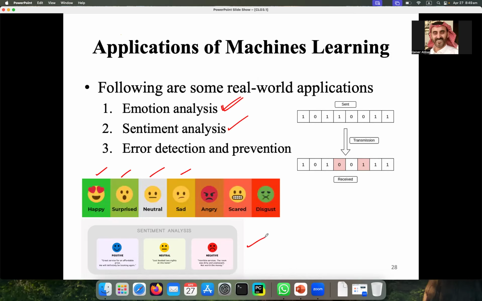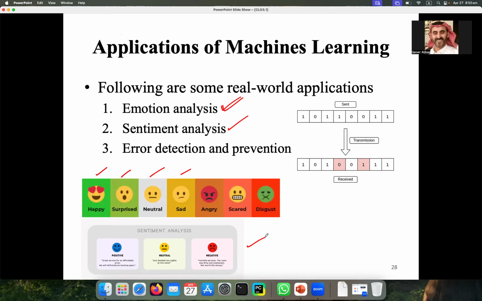If you are going to identify, for example, on Amazon, there is a rating of the products, and you want to identify that the feedback of this product is positive, negative, or neutral. After looking at the feedback about that product, if you are going to identify that the feedback is positive, negative, or neutral, this is an example of sentiment analysis.